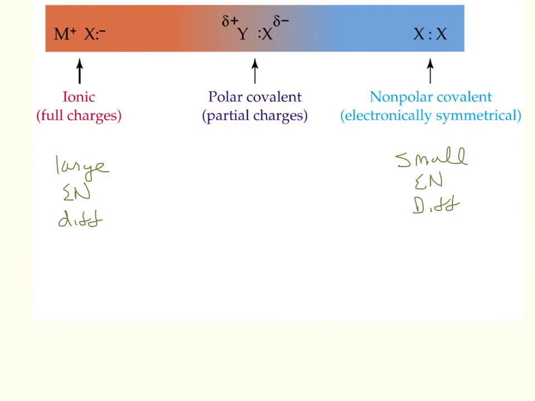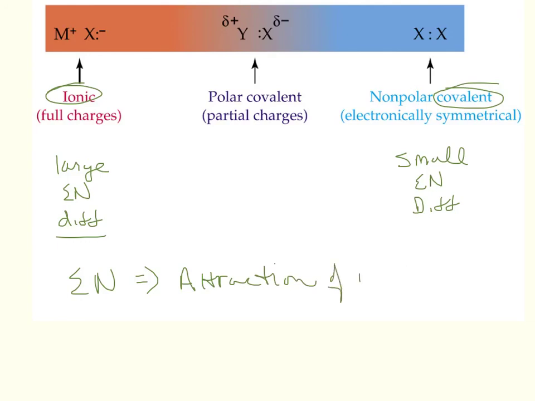So just to summarize here, when we talk about ionic and covalent, think of a continuum, and the continuum is all based on electronegativity difference. If the electronegativity difference between the two parts of the compound is very large, we call it an ionic bond. If it's very small, we call it a covalent bond. And again, electronegativity is the attraction of the nucleus for